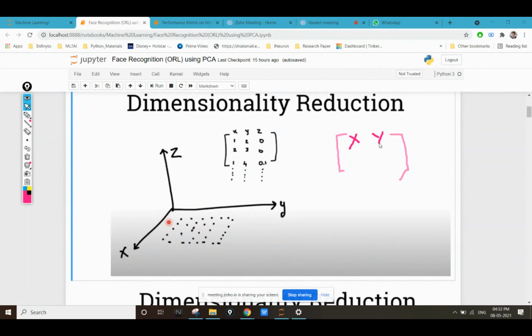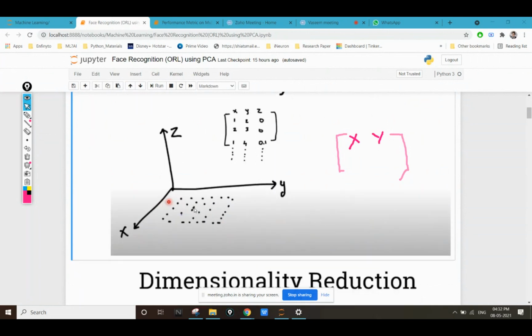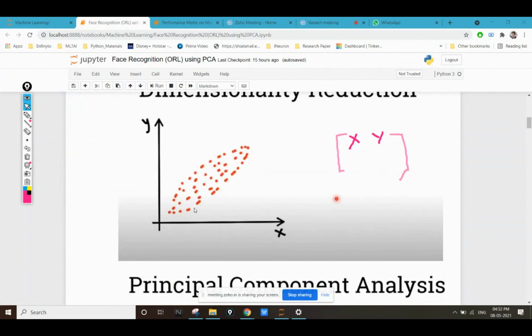Okay, now this was my 3D model. What if I have a 2D model? So in this case, I have these points, these dots are my points, which have different values of x and y. For different values of x and y, I have plotted these dots.